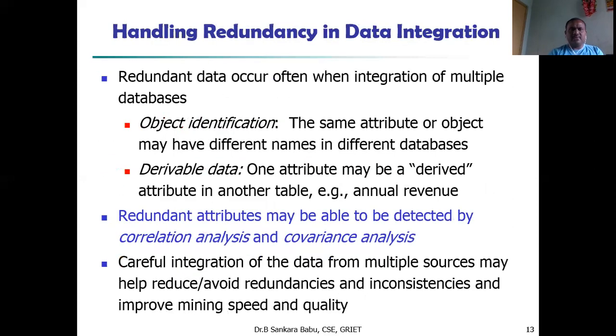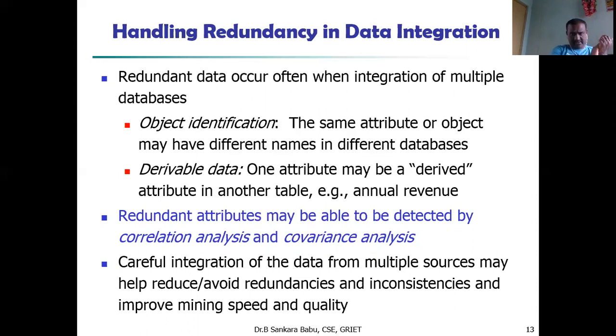So, how to handle redundancy in data integration? Redundant data occur often when integrating multiple databases. Object identification: the same attribute or object may have different names in different databases.